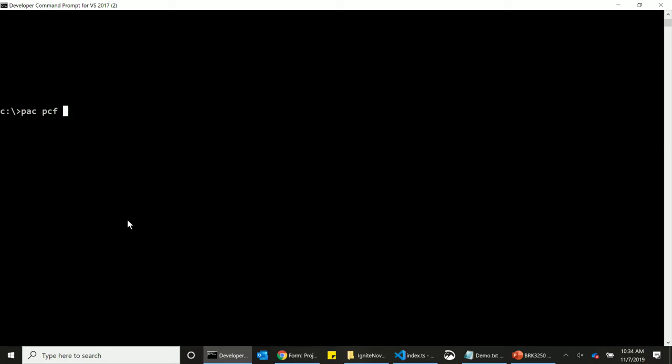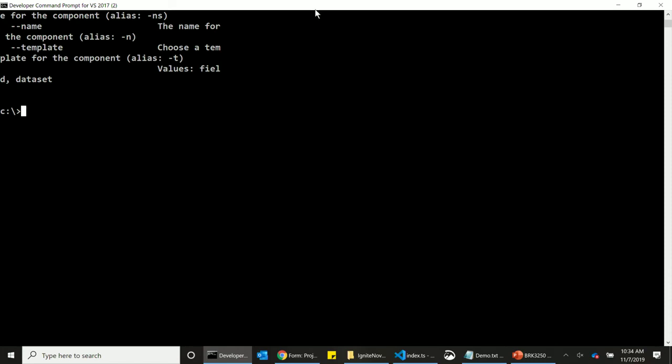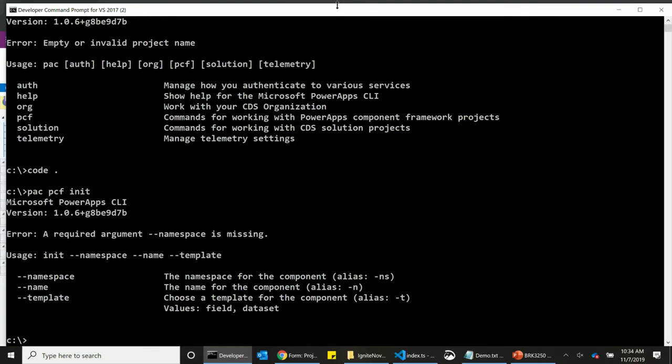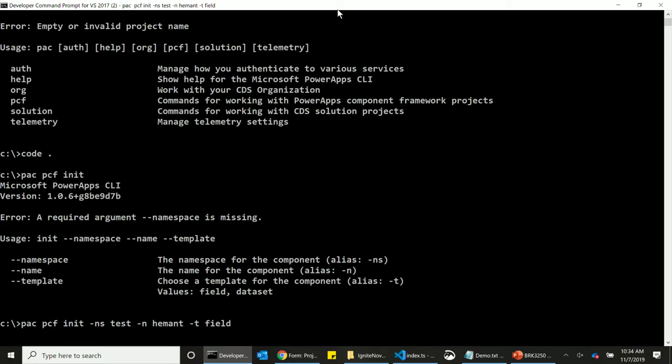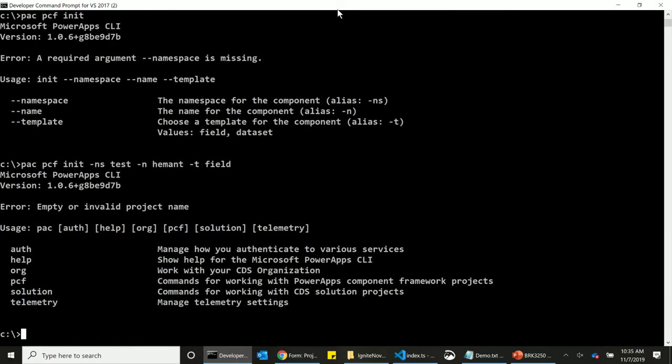PAC PCF init, and it says PAC PCF init --namespace test --name template field. So what I'm doing here is PAC PCF init, template field. Something is bad with this one. Okay, let me switch